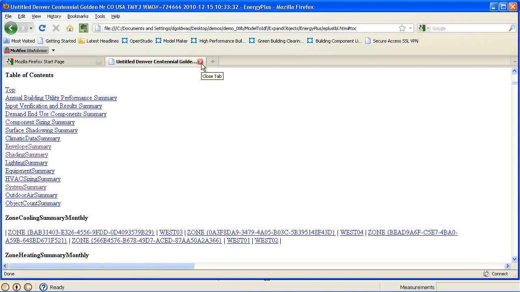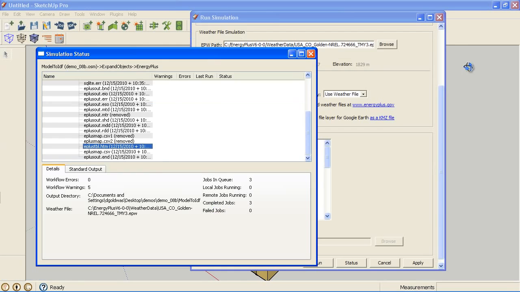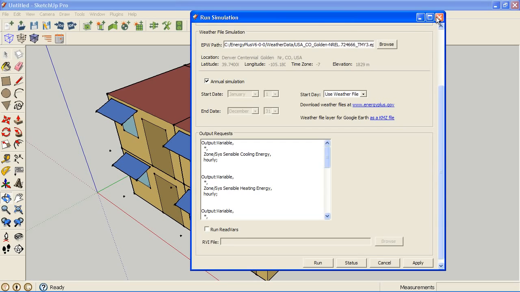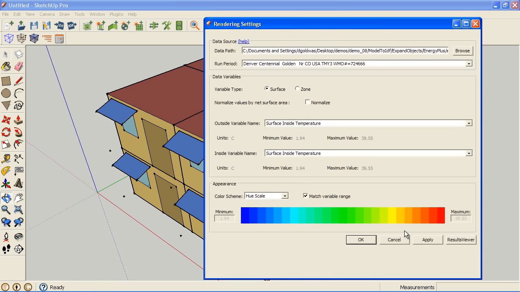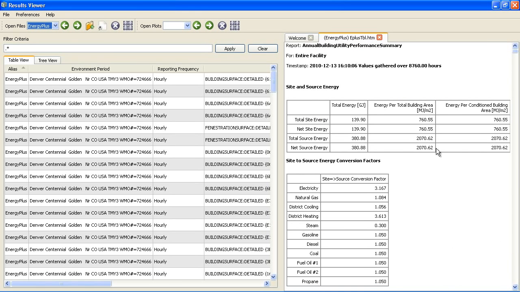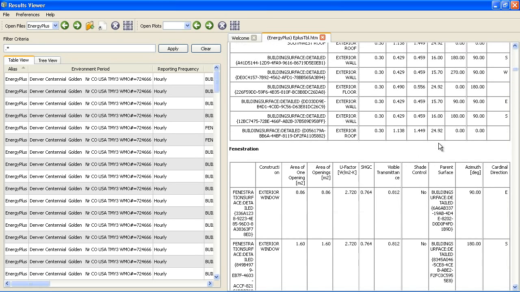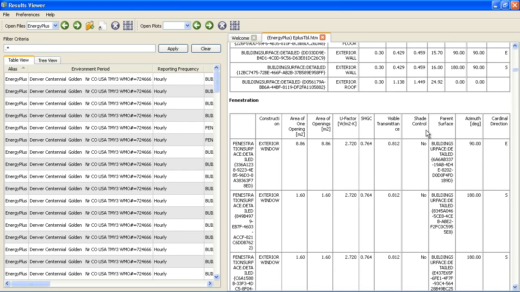So I launched this through the simulation status from the SketchUp plugin. If you also go to your Results Viewer and then click Results Viewer and launch your file, on the right hand side next to the welcome screen, you actually get this exact same HTML file that it just reads into here. So that's a good place to go if you don't want to search through the files that you have directly in the simulation status. So anyway, I just didn't want that report to get neglected because it's definitely a valuable report